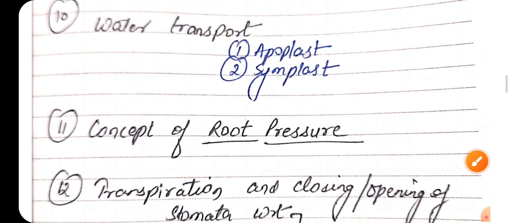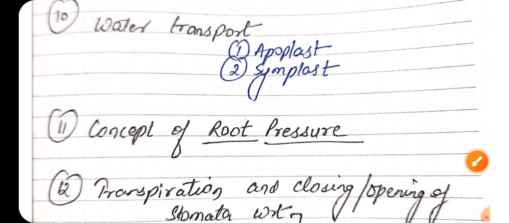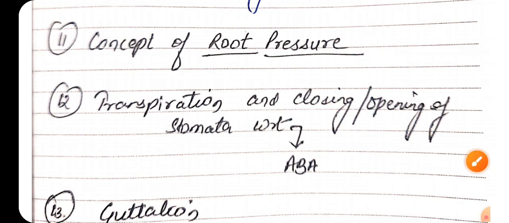Then water transport, you can study this from my video, which I assure will be easier for you if you don't have any material to study. So what is apoplast and what is symplast, as to the radial conduction of water. Then the concept of root pressure is absolutely important, you should know the concept. And then transpiration